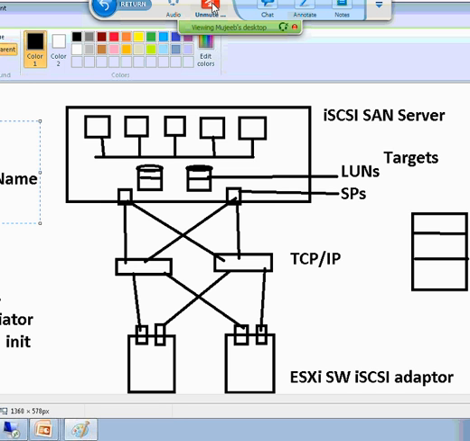So IQN, IP address, there is a naming convention. How we write an IP address, it is represented in dotted decimal format. For host name, we have a naming convention too: the fully qualified domain name, first the host name, then followed by the domain name. In the same way, IQN also has a format. The name starts in this way: IQN dot year, month, then the reverse of the domain name. Suppose my domain name is zoom.com, then the reverse of it would be .com.zoom,